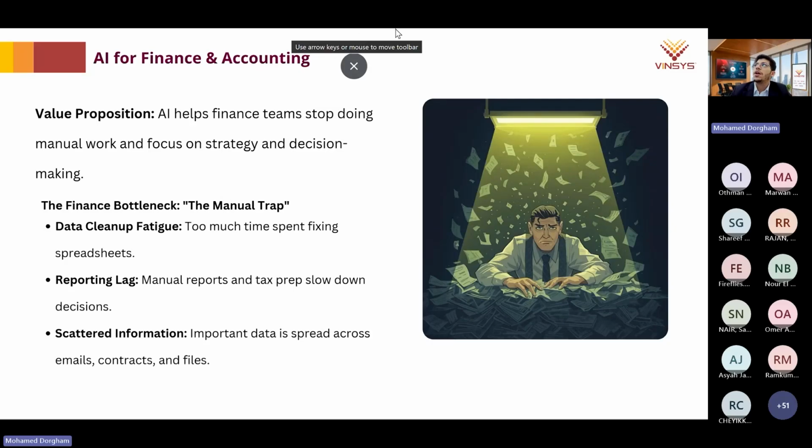So moving forward, as a finance analyst, what are the challenges that you always face, and how can AI help and assist you as a helpful assistant for your everyday tasks? As a financial analyst, or someone working in the finance department, you see yourself working a lot with Excel sheets, doing manual analysis of the data.